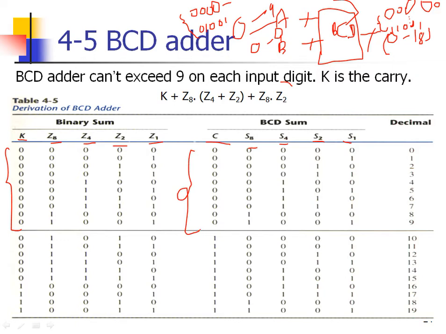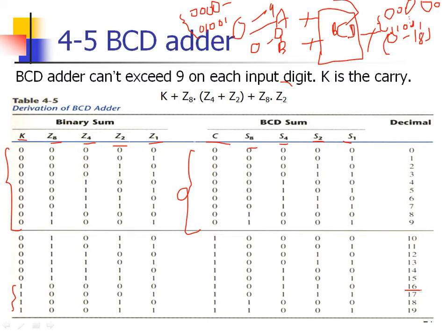If the sum exceeds 9, let us see that K, if it is 1, this is ranging from 16 to 19. So here K is equal to 1. For these binaries, add 6. I'll repeat this once again for the basic equations, so just listen to this. If K is 1, just add 6 to the number. See here, this is 10. If you add 6, you will get 16. That is what is represented here in decimal.